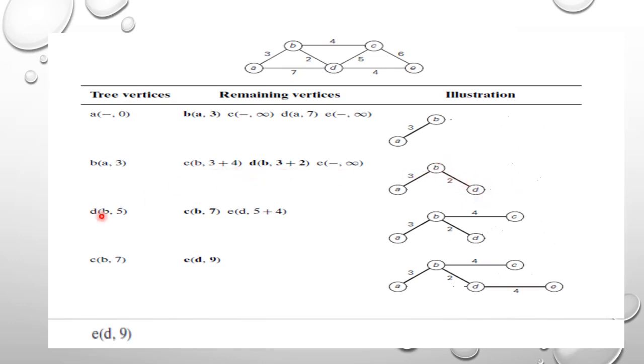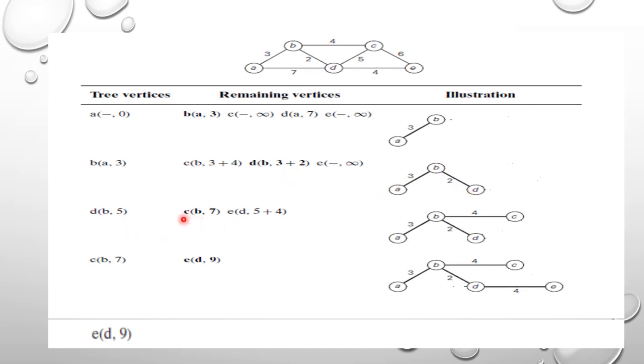So now let's add D into the tree vertices. You can see, before coming to D, you have to pass what? Your predecessor vertex is B. So this is a predecessor vertex. This tells the path. To reach D, A has to cross B. So the distance is 5. Distance also 5.